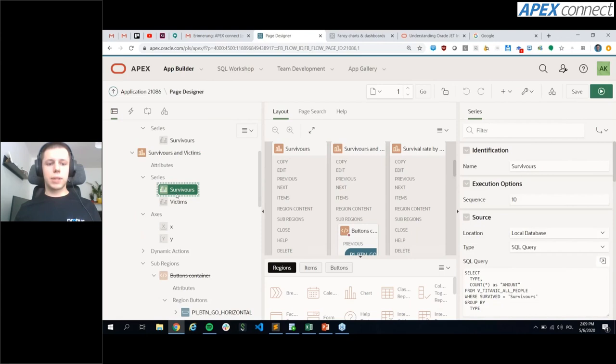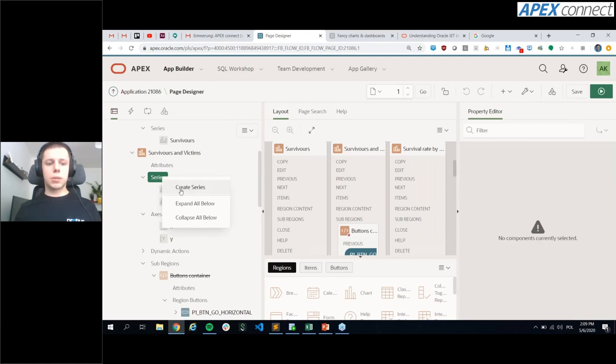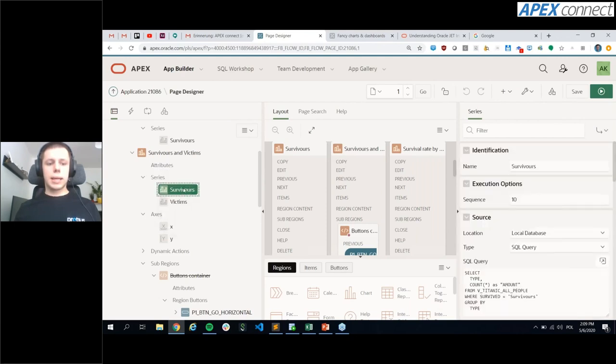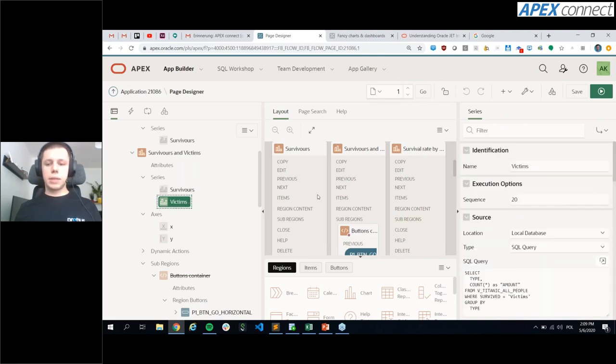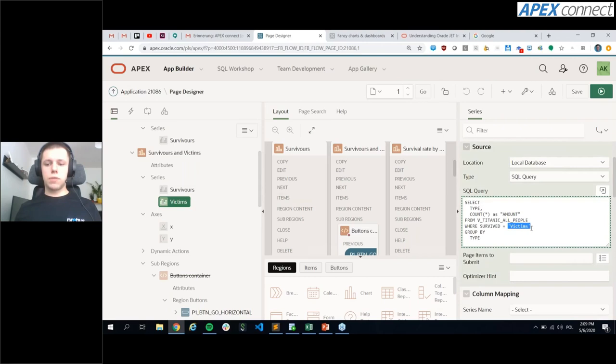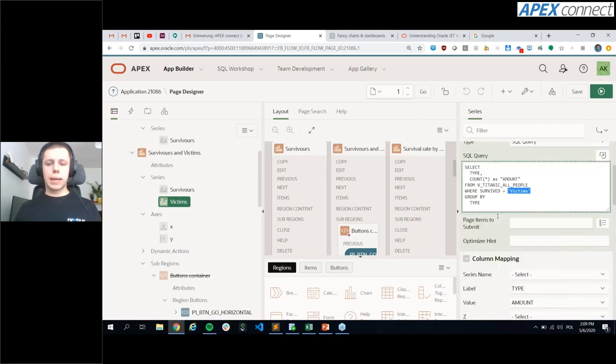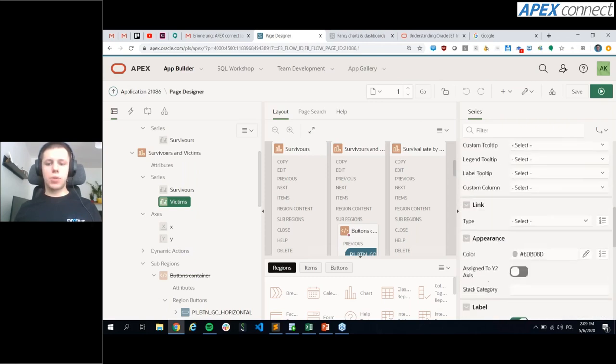We can just create different series in the declarative way by right-clicking the series section to create a new series. And in this way, we need to provide a separate SQL query, a separate source for each of our series. As you can see, I put here just the same query as in the first chart. And for the victims series, I put the same query, but I choose victims in the where clause. And that's all. It's a great approach as it gives us much control, as we can define different options for each series